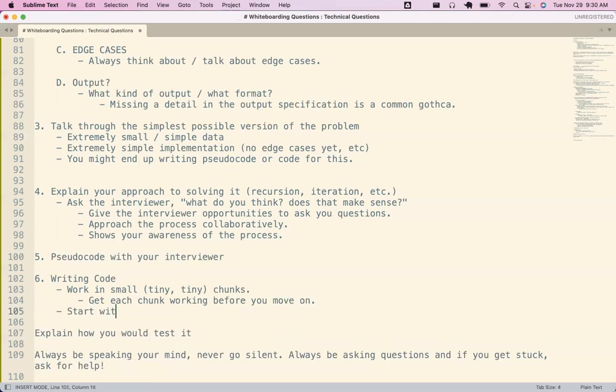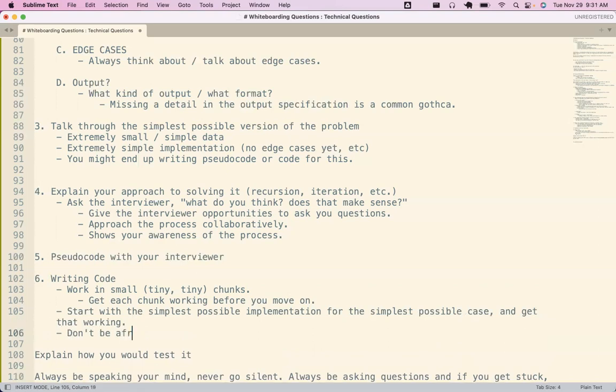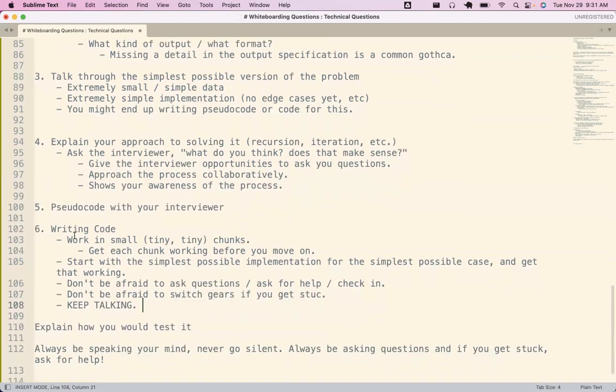Start with the simplest possible implementation and get that working. Don't be afraid to ask questions, ask for help, check in. Don't be afraid to switch gears if you get stuck. And most of all, keep talking. Keep talking with the interviewer.